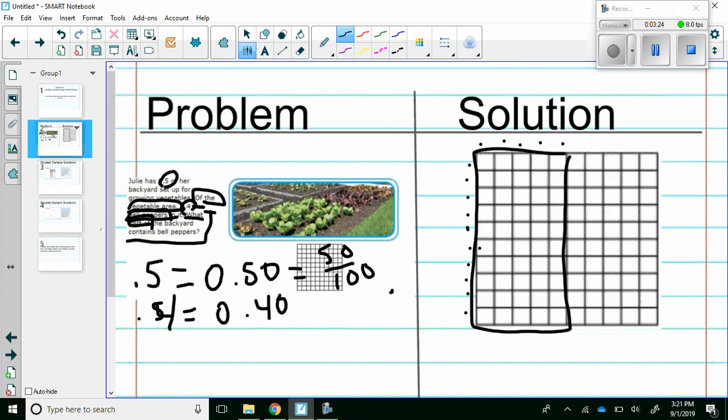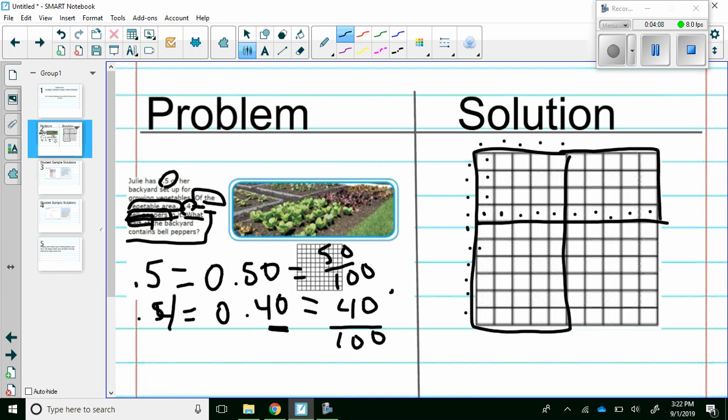So I know the part that I squared off is the part for her vegetables. Next, 4/10 of that area is made for bell peppers. But since I'm working with my hundreds grid, I want to convert my 4/10 into hundredths like I did here. So now I'm working with 40 out of 100 squares. So now that will be 1, 2, 3, 4. And then I'm going to draw my line here because I know that is 1, 2, 3, 4, 5, 6, 7, 8, 9, 10. That is my 40